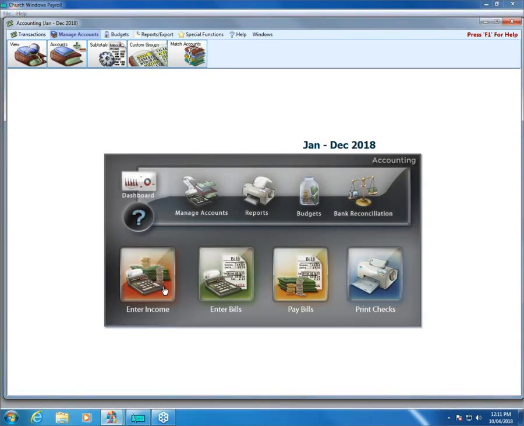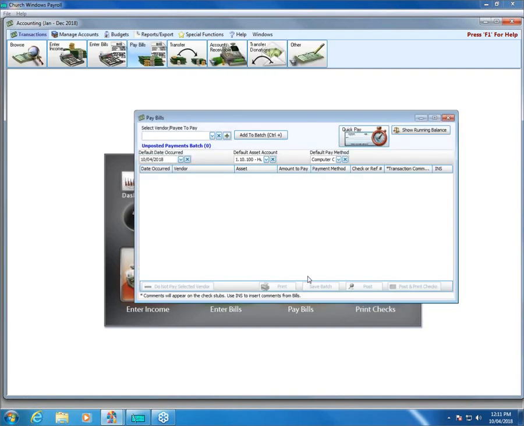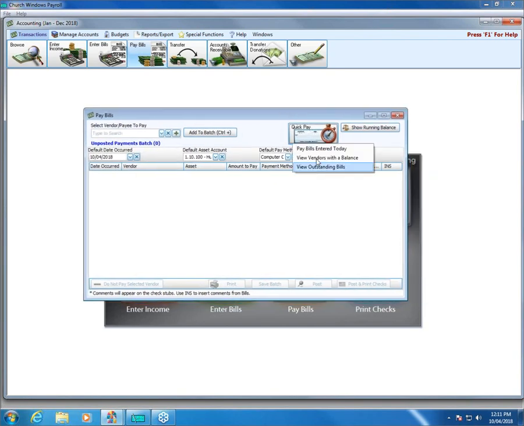I'm going to bypass the enter bills process. In the case of this particular situation, I don't need to enter a bill. Payroll's taking care of dealing with all of that for me, okay? So I'd go directly to Pay Bills, and we're going to go right up here to Quick Pay at the top, and we're going to choose View